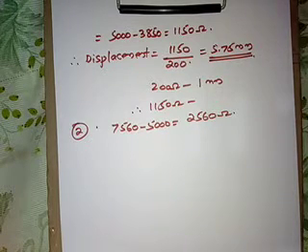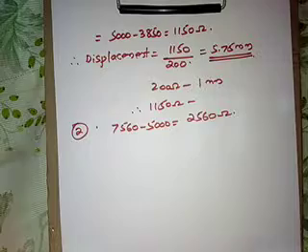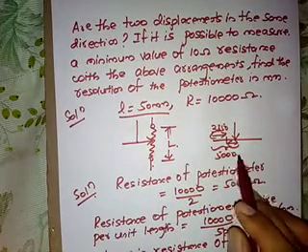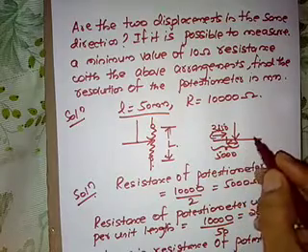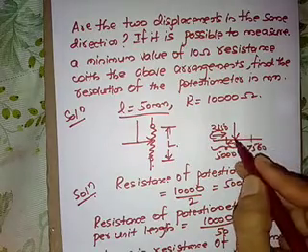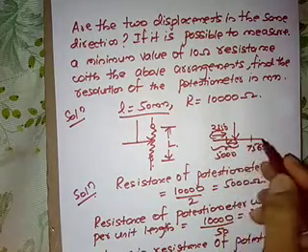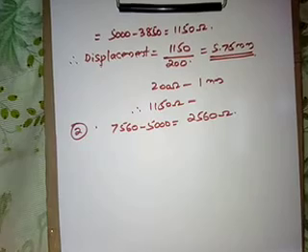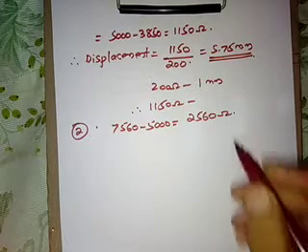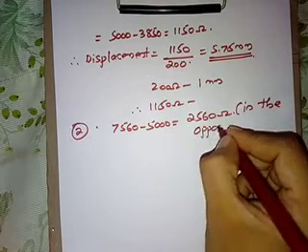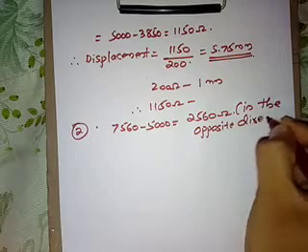Now the direction of this will be opposite, because see here, in the previous one, as I showed in the diagram, 5000 is at the center position and this is 3850. This is 7560, more than 5000, so it is somewhere here. So the displacement is in the opposite direction. The slider has to move in the opposite direction to reach 7560 ohms. So this 2560 ohm will be in the opposite direction. Okay, opposite direction, right?